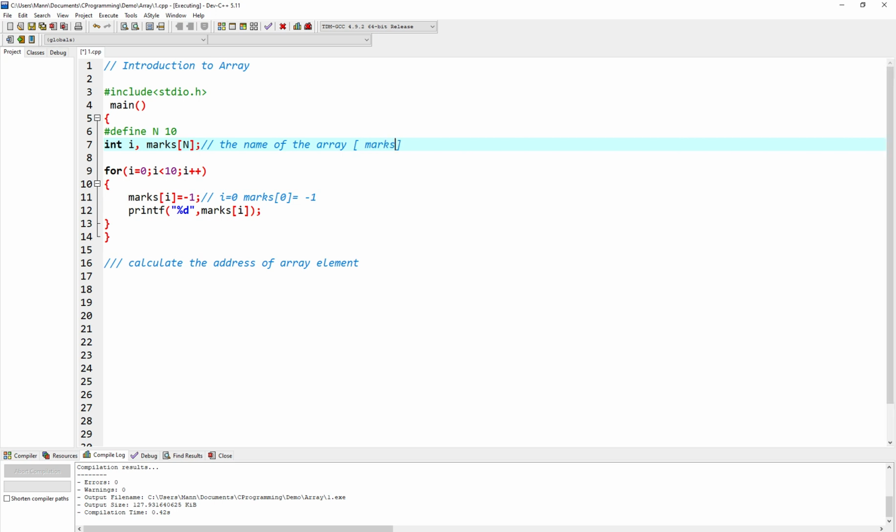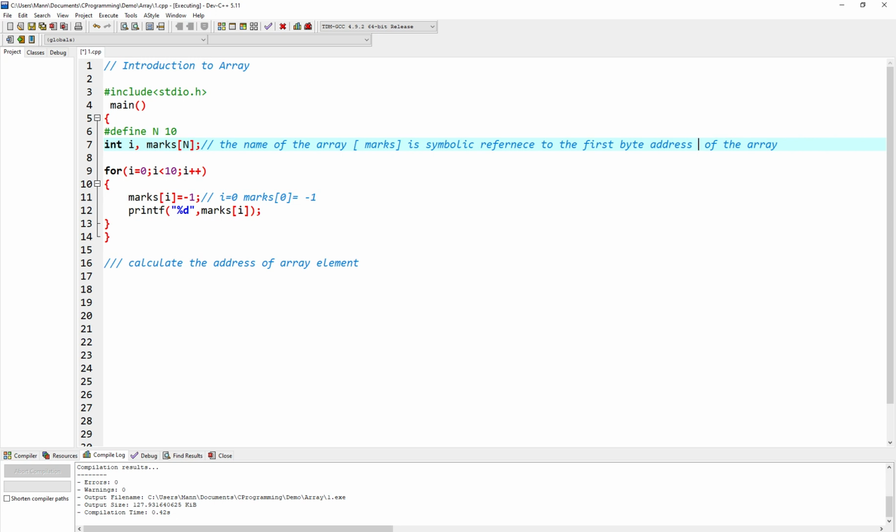It is a symbolic reference to the first byte of the array. So what does it mean? It means that marks is actually a reference to the first byte address, the address of the first element of the array.